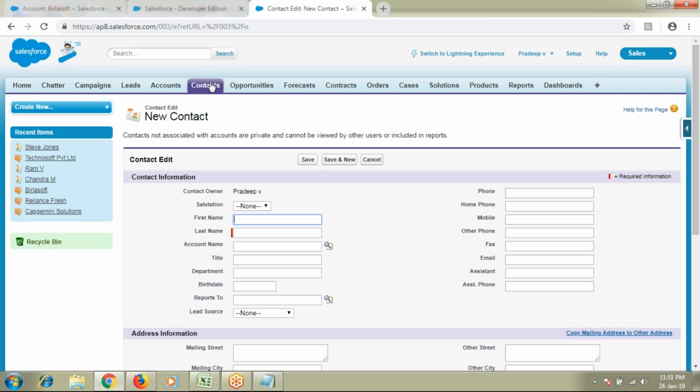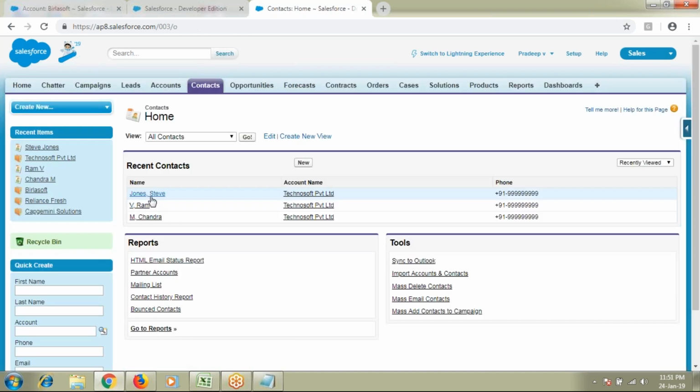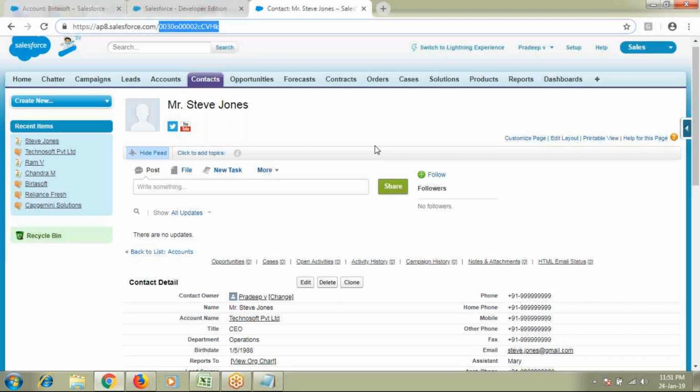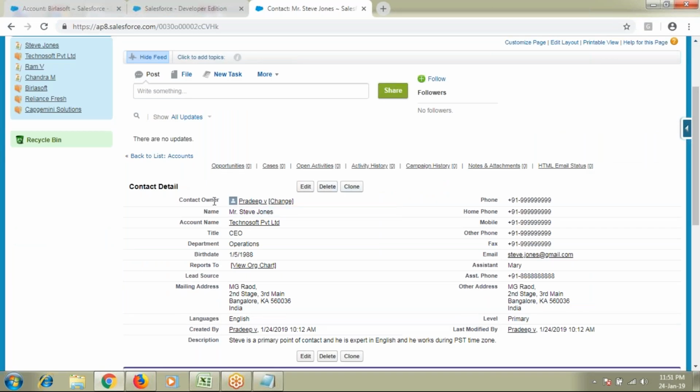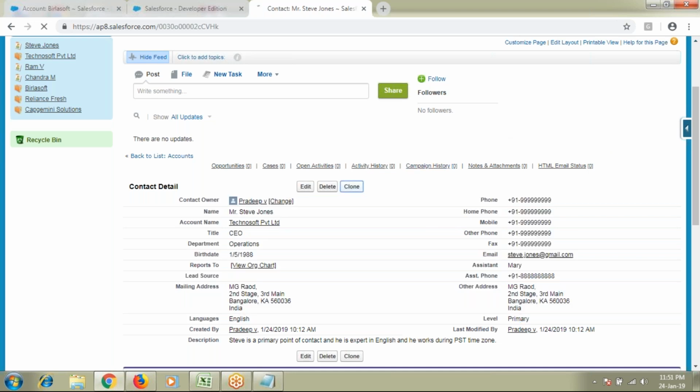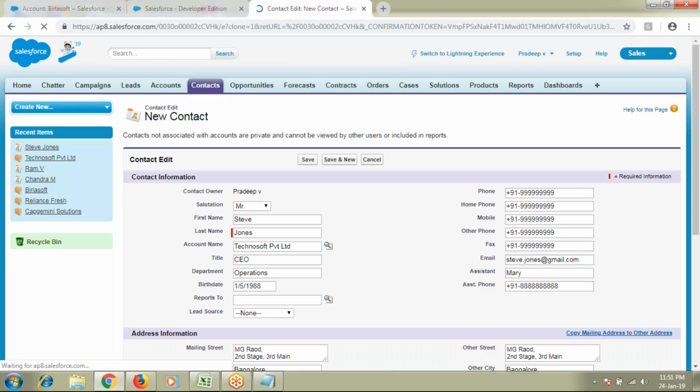Even for the contact record, there is a concept called record ID. For every record, account or contact or opportunity, you will get the record ID. And here also you can see the delete button. If you want, you can delete it. And here we have something called clone. If you clone it, you can copy all the details, just modify a few values, and a new record will be created. Just click on clone, modify the values wherever you want to change, and click on save. A new record will be created after it is cloned.